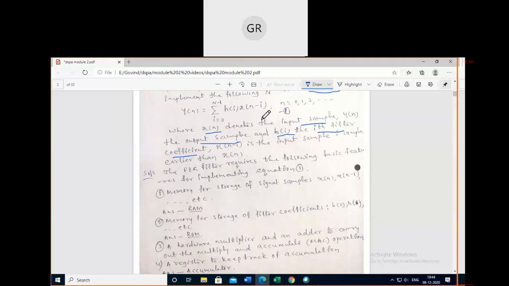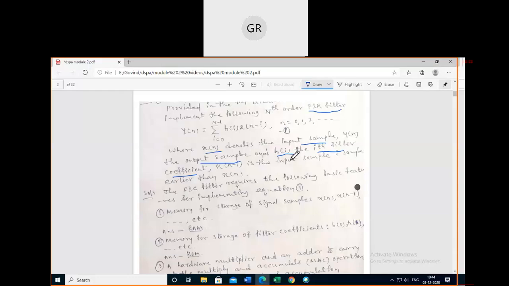Here the first one, memory for storage of signal samples, x(n minus i). See here, if the i value changes, what will happen? The x(n minus 1), x(n minus 2), this x(n) value will change. For that, we already know that on-chip memory is for signal samples, that means RAM. Write down here, RAM. Memory for storage of filter coefficients, already we know h(0), h(1), so those are filter coefficients. For that we use